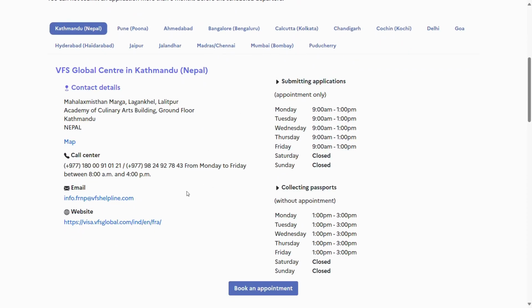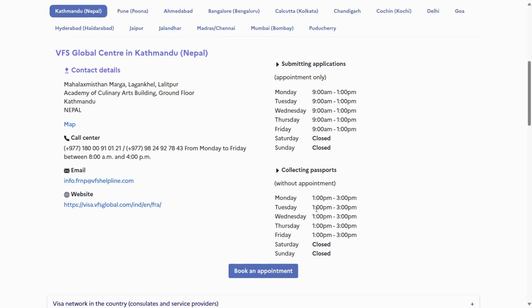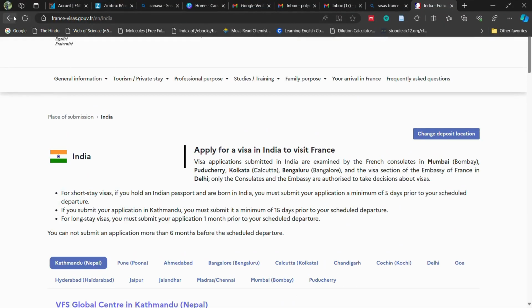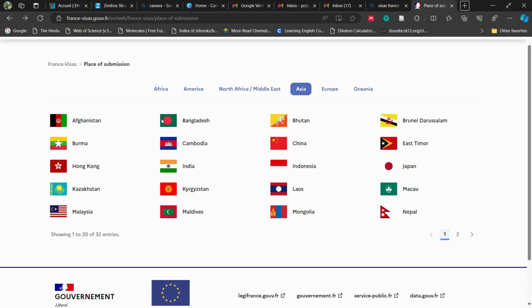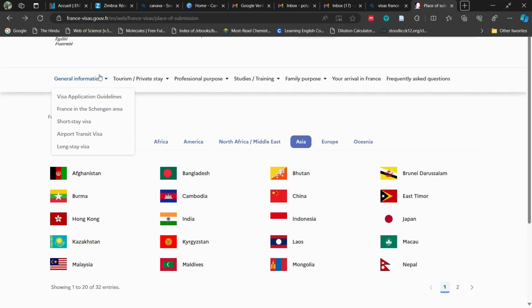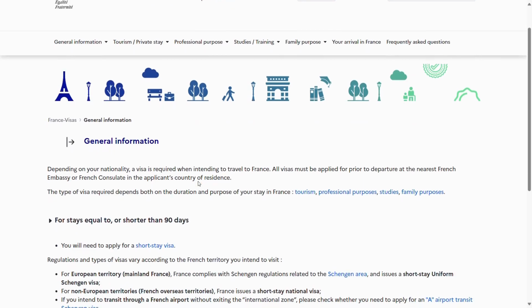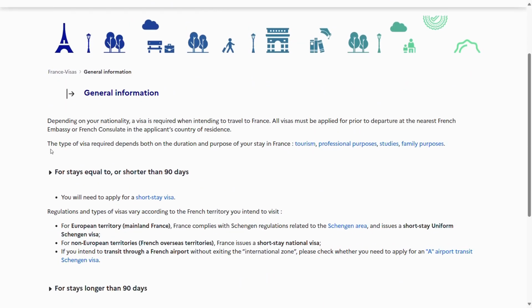So let's go back to general information. This is where you find all the information. This is what I was saying: the type of visa depends on the duration of your stay and the purpose, like tourism, professional, studies, family. Whichever is shorter than 90 days is called a short-term visa, and that itself is categorized into two,